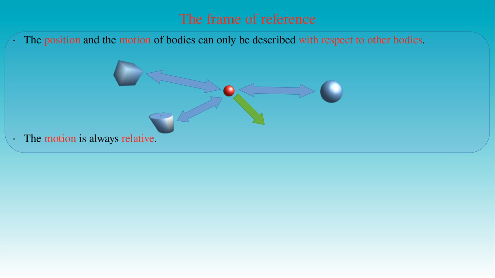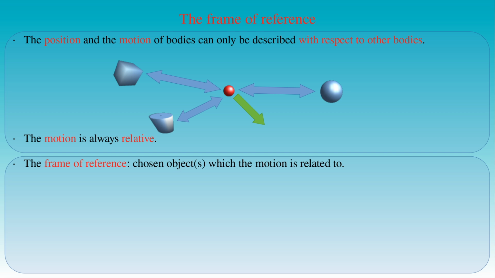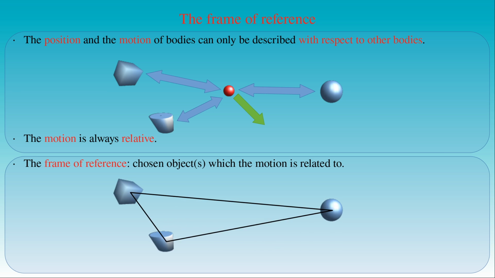If we want to describe the motion of any object, then we have to choose other objects as reference bodies, and compare the instantaneous position of the moving body to the positions of the reference bodies. The number of the reference objects is arbitrary, provided that they do not change their spatial positions with respect to each other. In most cases it is enough to choose only one reference object, but we're talking about the general case, when more bodies are singled out as reference objects. We call this group of objects the frame of reference. In this example the group of the cube, the cylinder and the sphere was chosen as the frame of reference to describe the motion of the red ball.